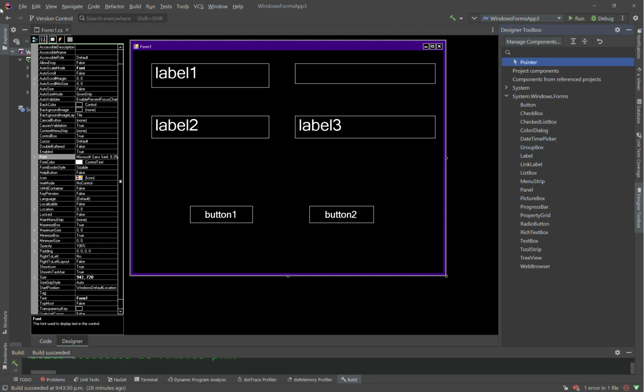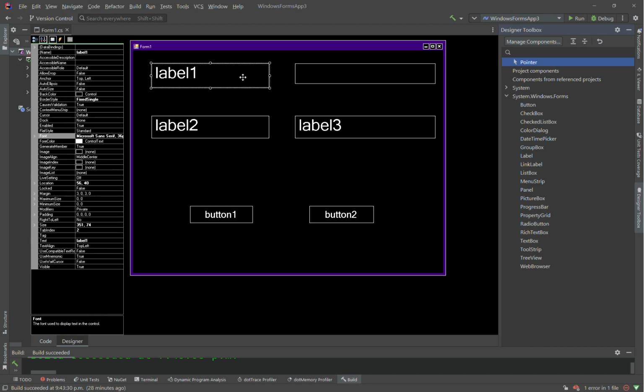We'll get the bounding box up. We'll go with text. We'll change it to enter your favorite color,